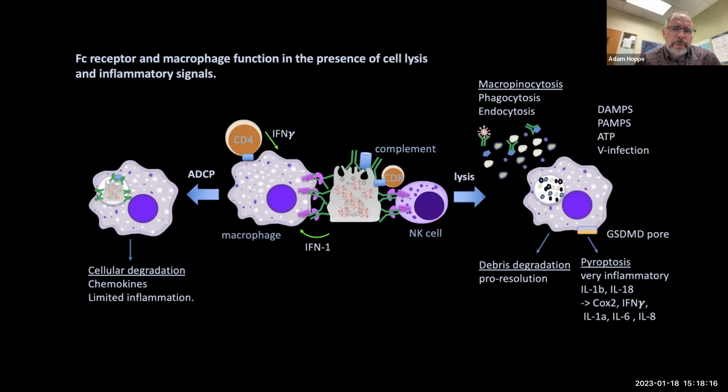The last thing I want to point to is another aspect of macrophage function in the context of respiratory diseases, and that's sort of the ugly. So if you have activation of complement and significant amounts of cell lysis, but insufficient numbers of phagocytes to remove that debris, you can have an accumulation of lytic debris from these cells.